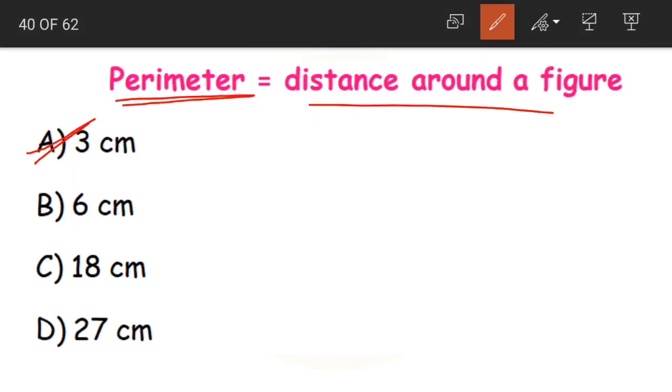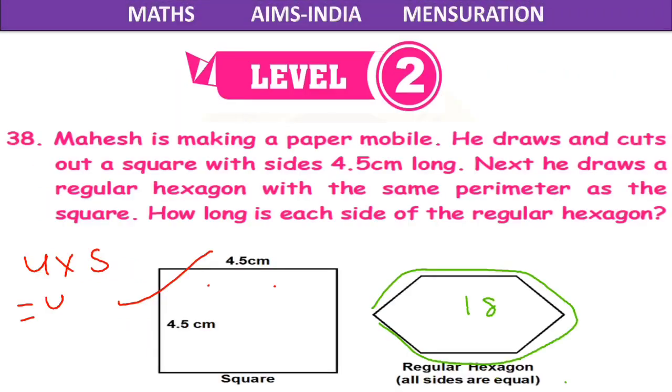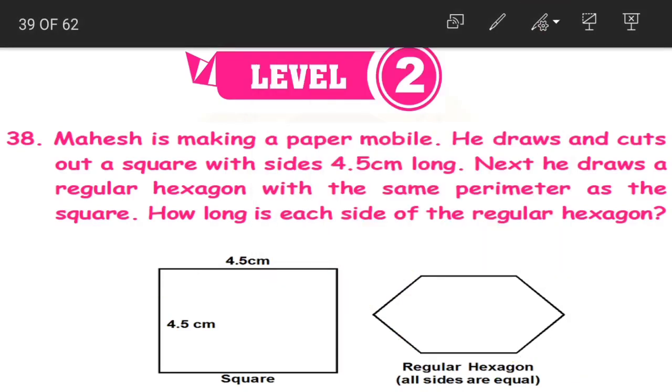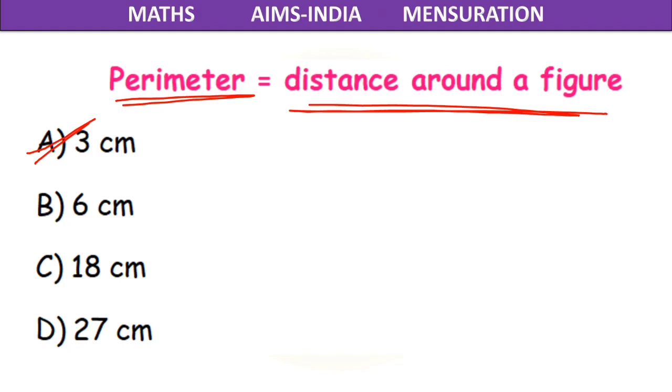See, perimeter is nothing but distance around a figure. So using the perimeter formula, we have found out the length of each side of the hexagon. I hope this is clear, children. We'll stop our today's class here and we'll continue with a few more multiple choice questions in the